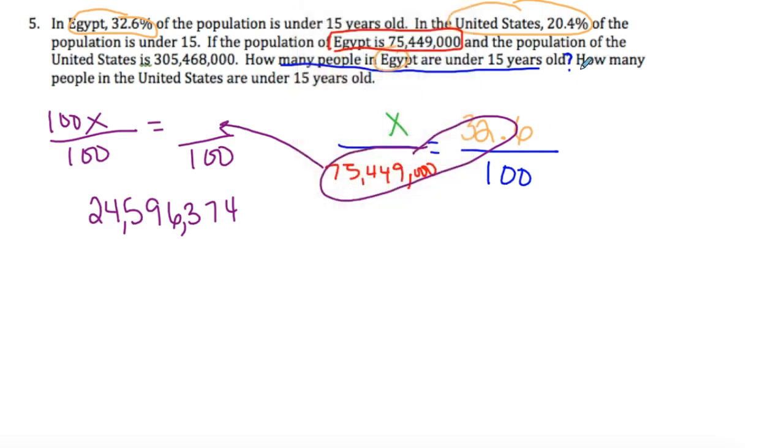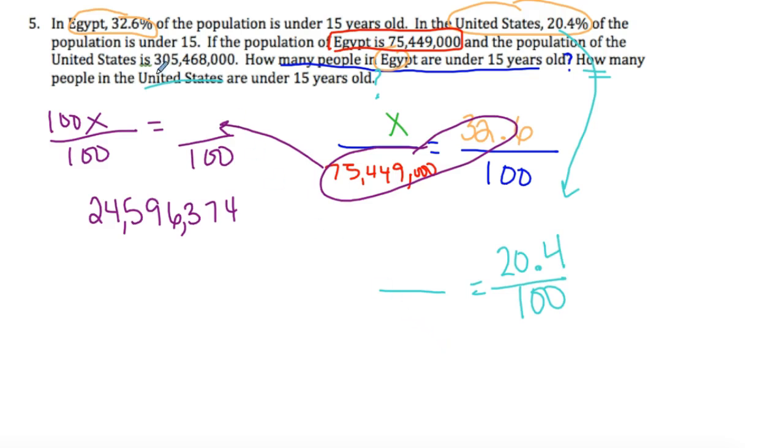So the lesson says how many people in the United States, this is a question word, how. My guess is this was meant to be a question mark. Okay, so since this is a question mark, we want to say how many people in the United States. So now I'm going to do United States. All right, well, this seems like a totally different problem than the Egypt one. So I'm going to approach this like it's brand new. It didn't ask me for percentage, so I'm going to take my US percentage and drop it in there,